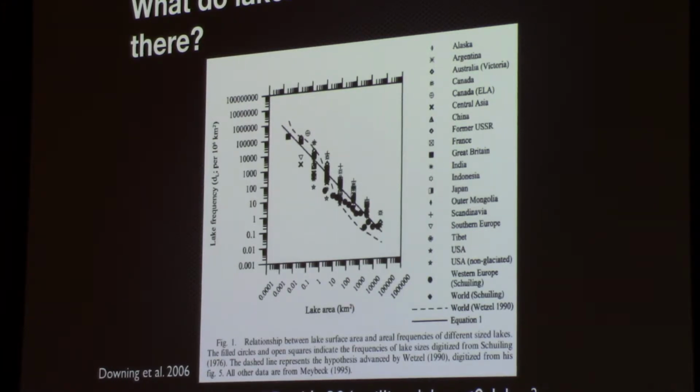But that 4 million number, A, is pre-settlement, pre-European settlement, and also before we drained a lot of wetlands. So the number today would be much less than that. But again, it also demonstrates to you the scale at which he's counting things as being lakes. I mean, most of the time people use, I don't know, 10 acres or something as the lowest value for a lake, but he went much smaller